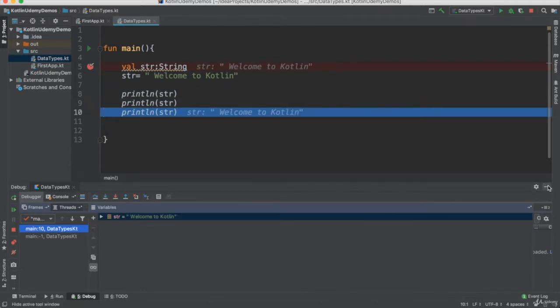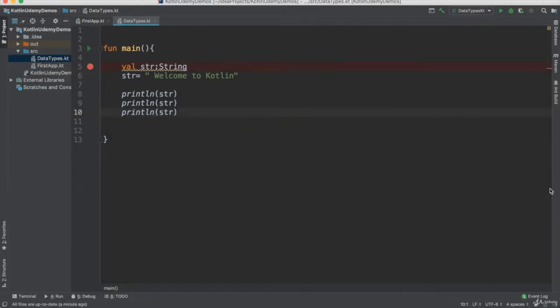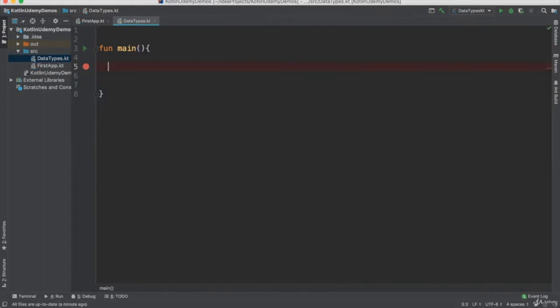So just remember, there's two ways to define a variable. You could directly define it and give it a value, like what you saw seconds ago, or you just do it in two lines. Like first you define it and give it a data type, then you give it a value. So this is basically how the variable could be defined. Let me just do a simple example about me, my name, my age, and what about my